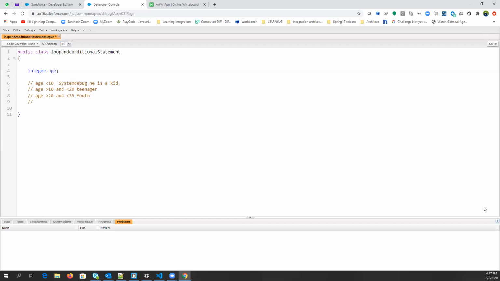And if age is greater than 35 and less than 50, what will you write here? Adult. Adult, right? And if age is greater than 50, then old man, right? How will you write this? Who will tell?